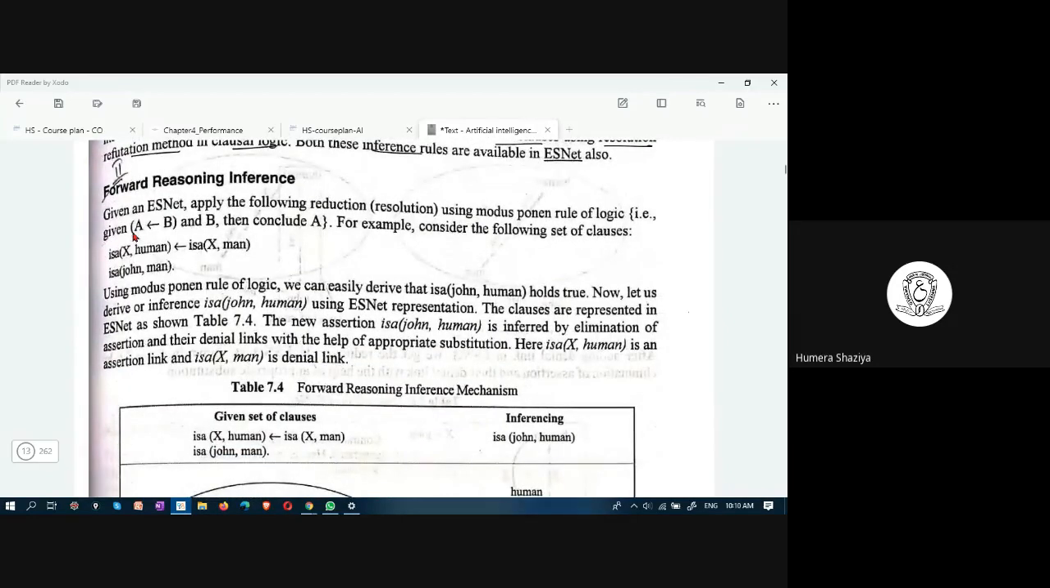Forward reasoning inference. Let us look at an example. Consider an ES net is given. Deductions or resolutions could be applied using the modus ponens rule of logic. We learned the modus ponens rule in the last chapter,